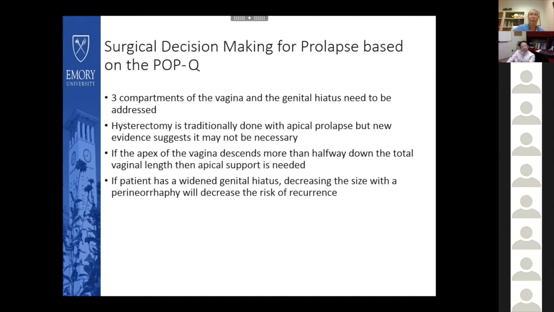Now, if for whatever reason they really want, I've had a lady come in who didn't have very significant prolapse, but she was really into CrossFit. She was really into heavy lifting. She had a little bit of prolapse, but what she really had was some cervical dysplasia. So I went with gynecology to do the hysterectomy, and the reason being I am only privileged to do hysterectomies for prolapse, and she did have a little bit of prolapse, but not significant. It was still in the stage 1 zone. So they took out the uterus and cervix for the cervical dysplasia because that's what she wanted, and then I resuspended her vagina back up. So there are situations